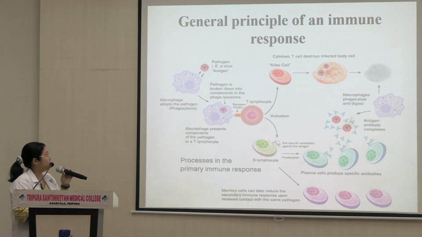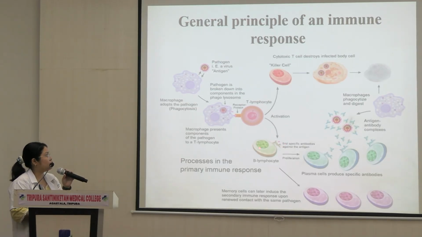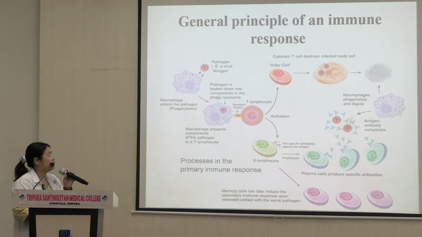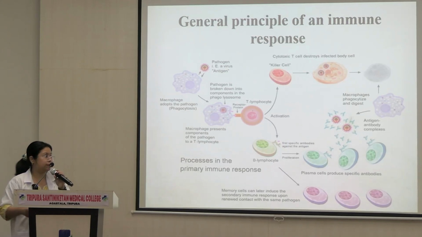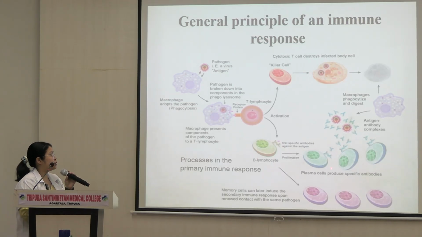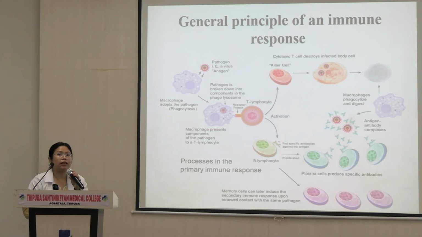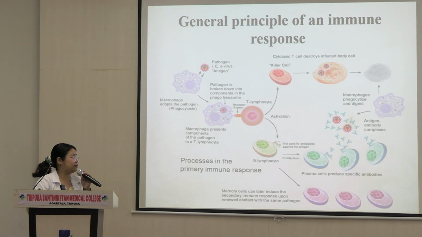Next thing we have is B lymphocytes. So B lymphocytes also recognize that there are certain bacteria or viruses in the circulation. So the B lymphocyte will get activated, it will start proliferating, which means it increases in number. It produces plasma cells, and plasma cells are the ones responsible for making antibodies. Remember antigen and antibody, I'm sure from COVID times. Antibody will be released against